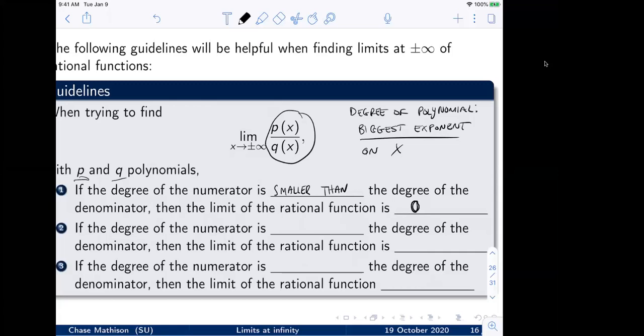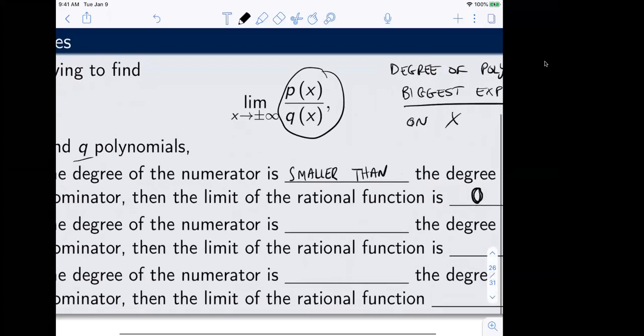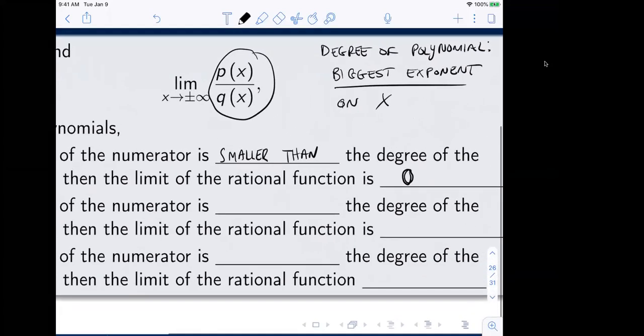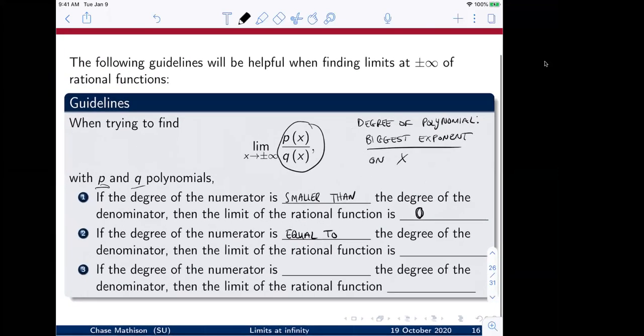Okay. If the degree of the numerator is equal to the degree of the denominator, then the limit of the rational function is, well, if we write out p of x and q of x in standard form